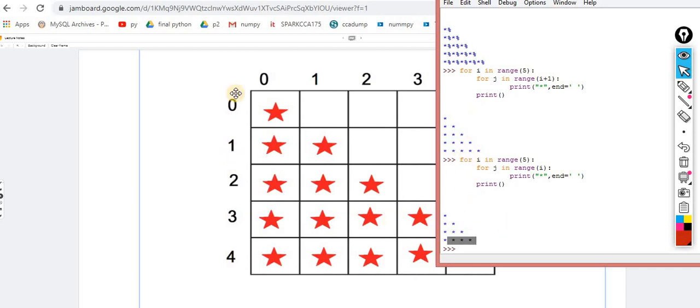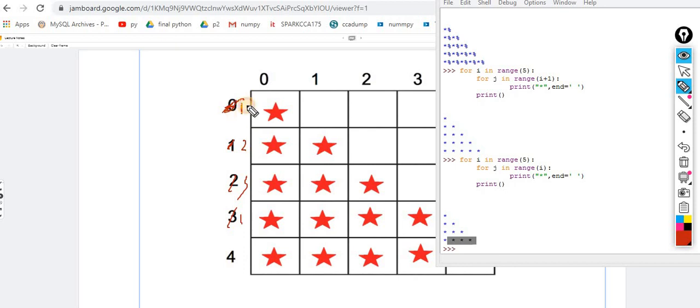There is no difference in the output, but according to this pattern, because we have to print the star on the 0 0 location, that's why I want to clear this concept of how we can achieve the 0 0 pattern. Okay, because it makes more sense. If I start from 1 over here, then you might have the question, sir, why do we start from 1 over here? Why not with the 0? Okay, so if I take this pattern, it means that on 0th there is nothing. Okay, it doesn't print anything.